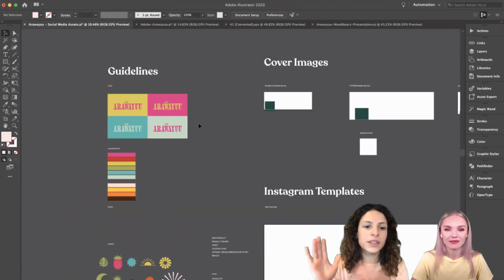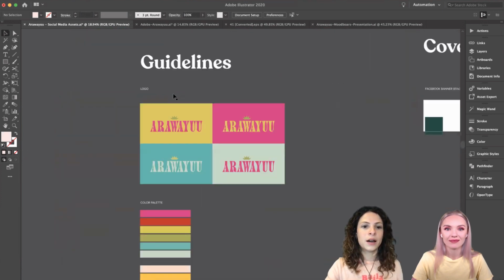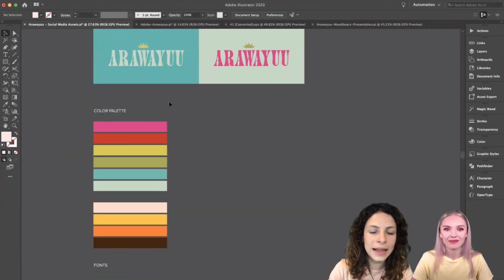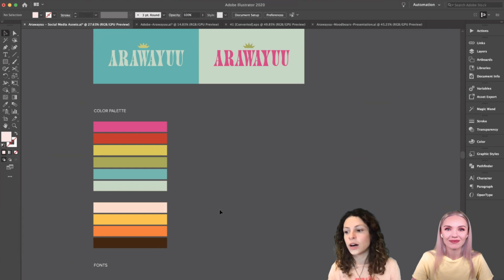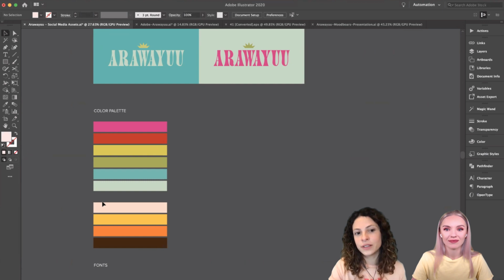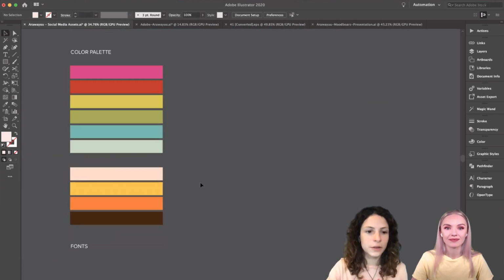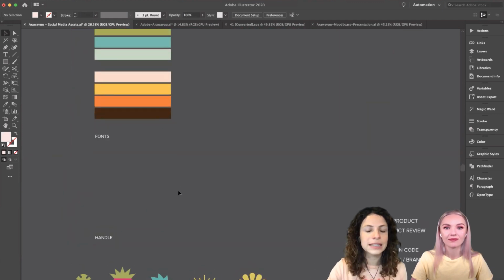And then on the side of my document, I put on the guidelines. So I put on the logo and then a color palette. And again, because we haven't worked on the real color palette of this project, we do have the reference color palette, and I added a couple of possible secondary color palettes, but these are subject to change, because if we see that maybe it's not translating that well all together, if we need to change a bit of the hue, we can do that, but it's a starting point.